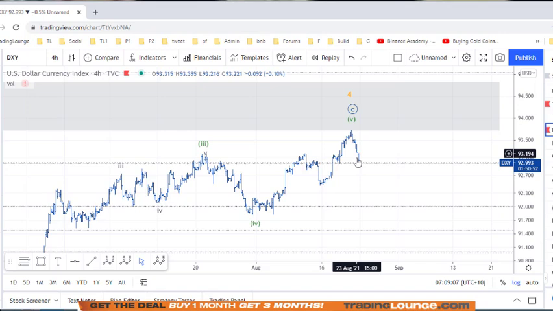Now, even though we picked the top and we're getting the turn here and it's coming down, I still don't have enough evidence to say that that's a top in play. Okay, I mean, it's looking good, but we'd still need to see not only a 5 wave, we'd need to see,